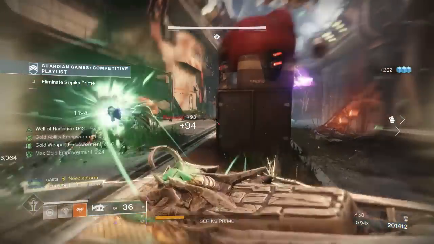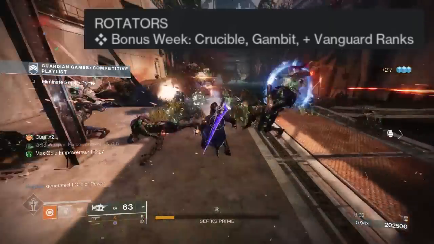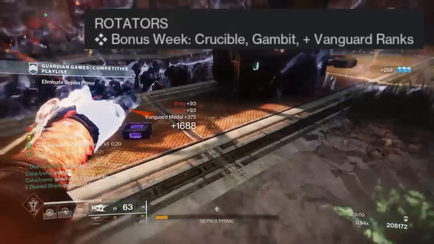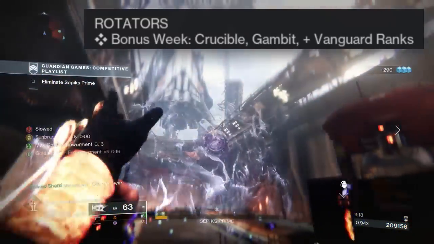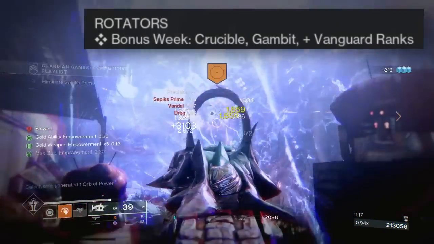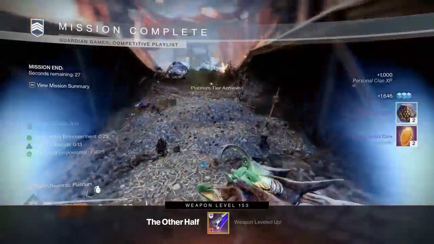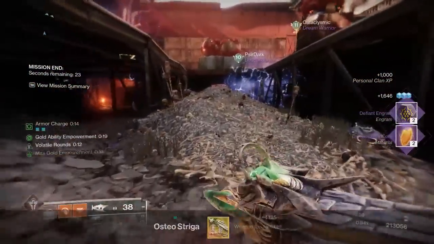and this week being the final week of Season of Defiance, we actually have double rep for all of the core activities, and that of course includes the Vanguard. In last week's video I mentioned that it's possible that this week, the amount of rep that you get from the Guardian Games Nightfall playlist is going to be doubled from the double Vanguard rank bonus. And lo and behold bro, it is. I'm letting you guys know right now that this week you can farm over 1,000 rep per Guardian Games Nightfall